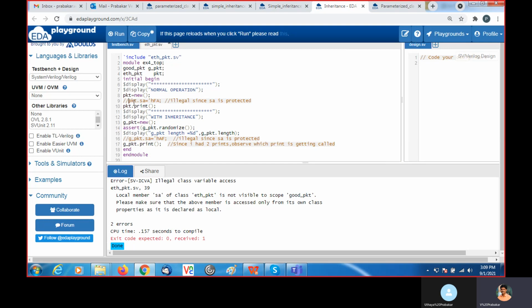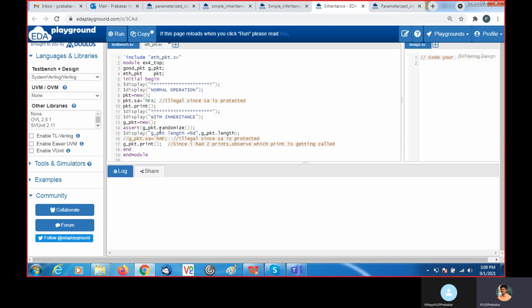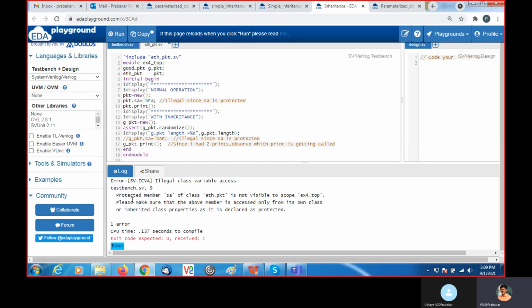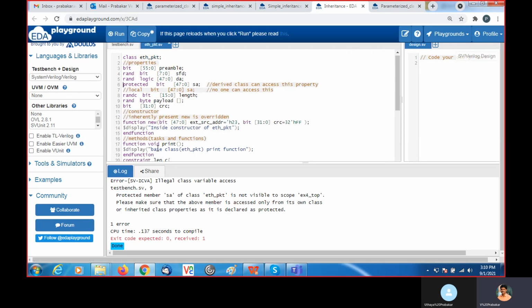Now I am accessing from the top testbench. Here I am accessing pkt.sa and assigning the value FK. See, now also we are not able to access it, because protected can only be accessed by the child class.